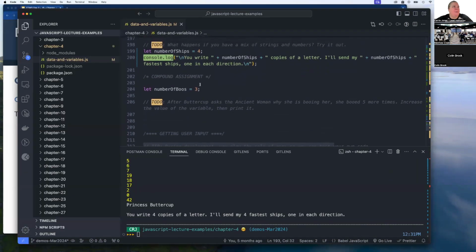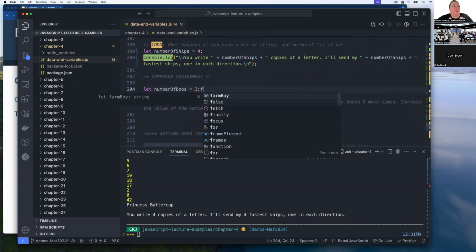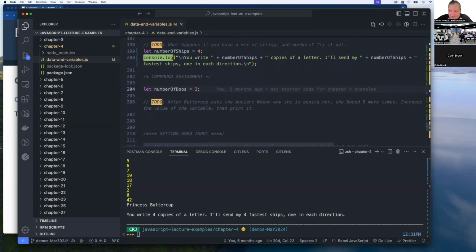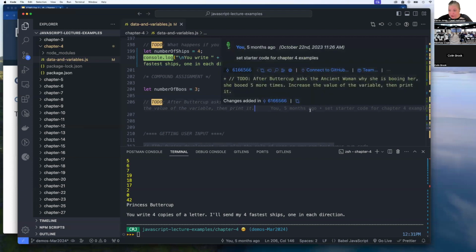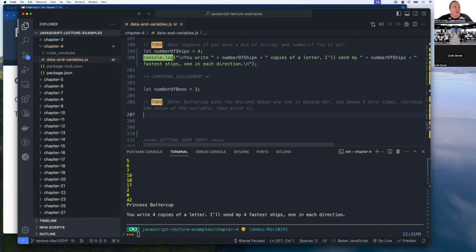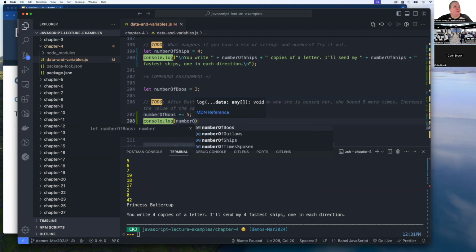Let's say number of boos is 3 because we're watching that scene, where the lady is booing Buttercup. But after she asks the ancient woman why she's booing her, she boos 5 more times. So we need to increase the variable, the value. So I'm going to just say number of boos and then just say plus equals 5. And then when we log this number of boos, we should see